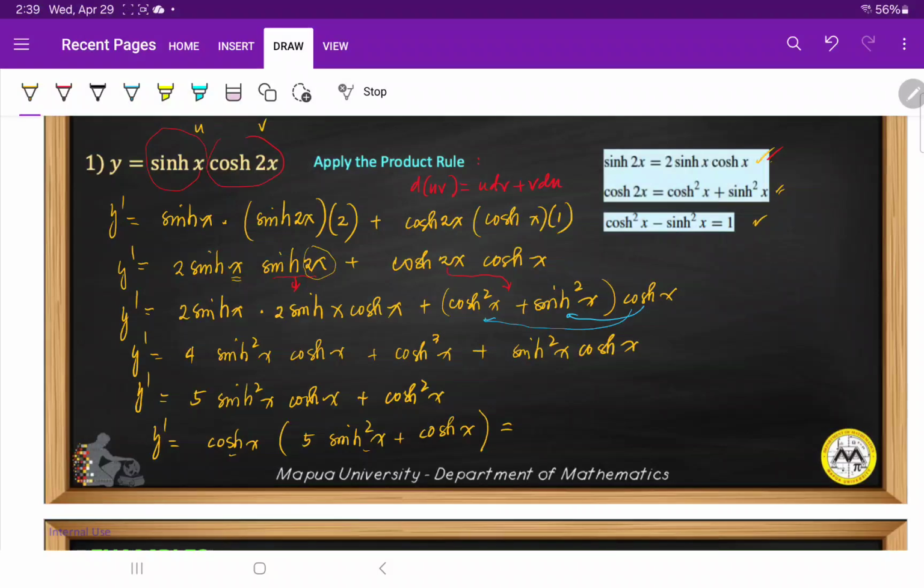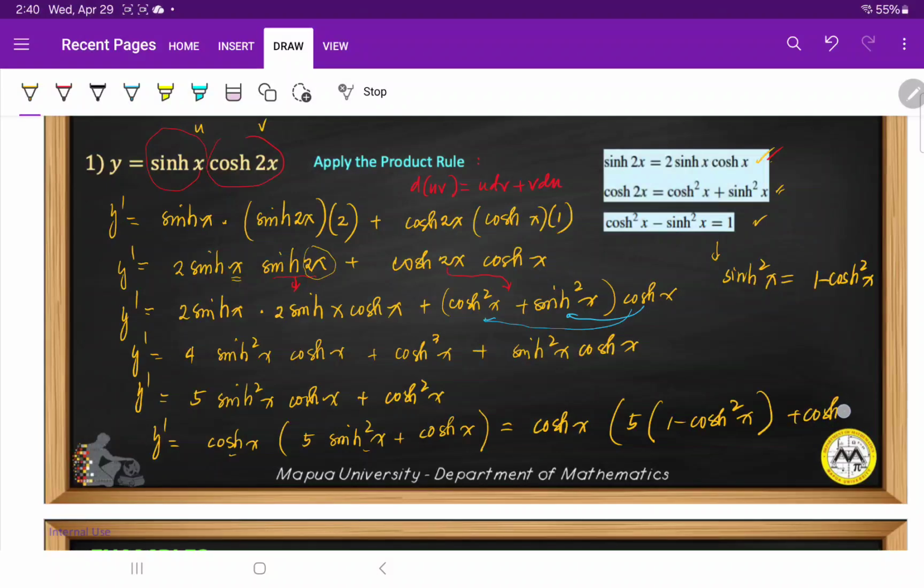We could use this one: hyperbolic cosine square x minus hyperbolic sine square x equals 1. So we could solve for the value of sine square x. What is sine square x here? From here, hyperbolic sine square x is 1 minus hyperbolic cosine square x. So therefore, you'll have hyperbolic cosine x times 5, and hyperbolic sine is 1 minus hyperbolic cosine square x